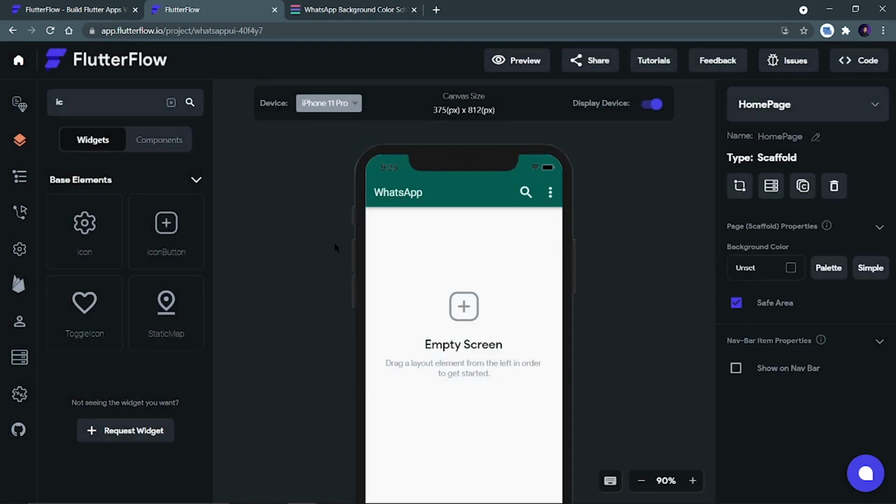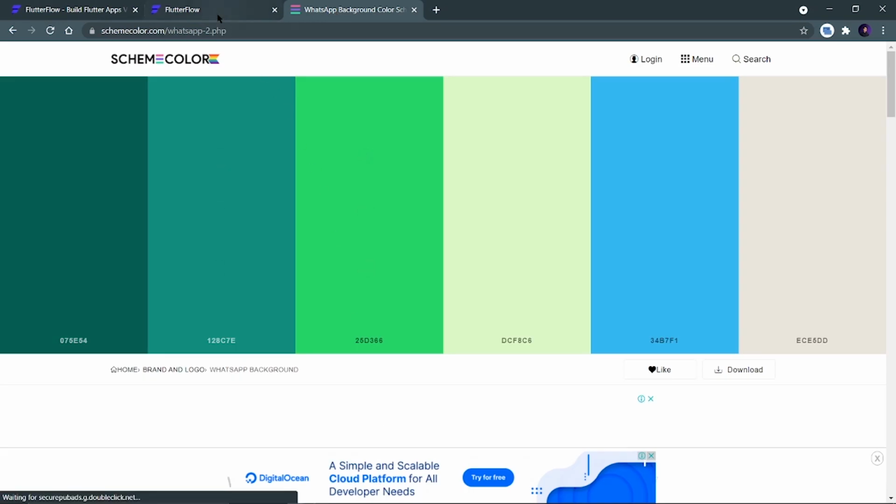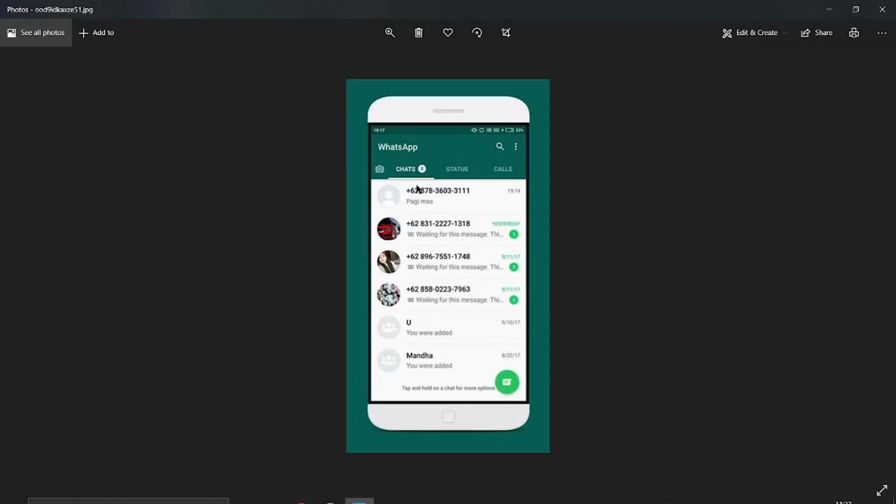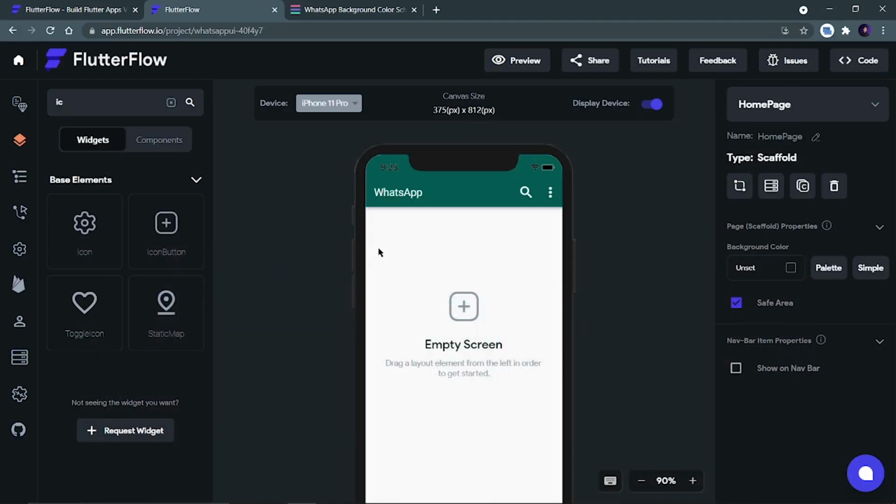Now we want to add the tab bar. As you can see over here, this is a tab bar, right? But there is a problem currently with FlutterFlow that we have to add that tab bar as a child of this app bar. We use the bottom property of this app bar, but that is currently not available in FlutterFlow for now. So what I will do is I will add the tab bar over here and I will download the code and I will make some changes and then upload that on GitHub. I will also show what I'm doing in the code changes once my complete UI is ready, right?